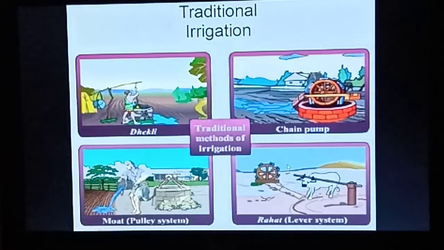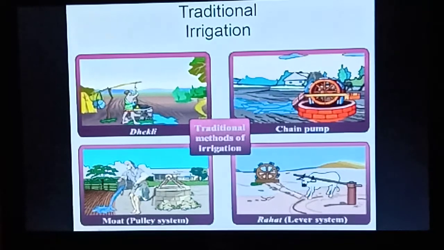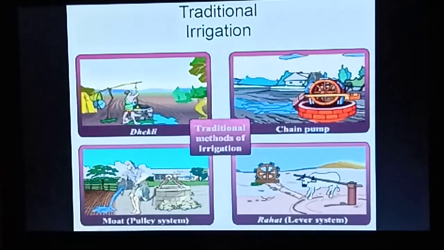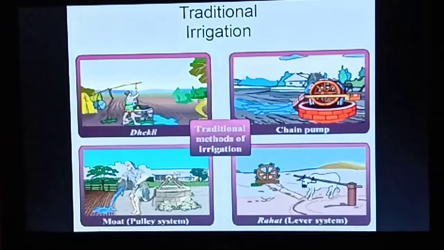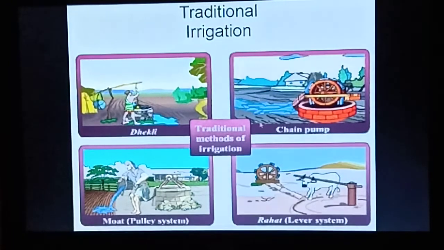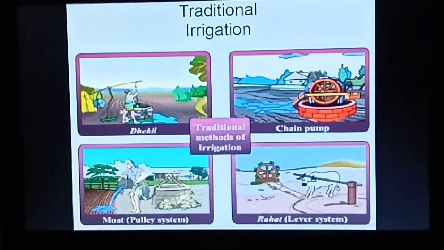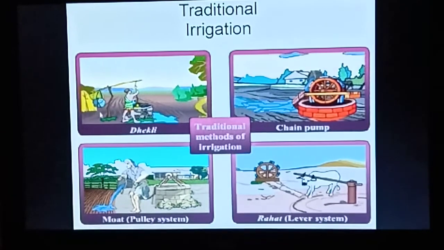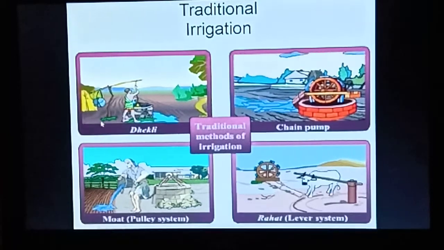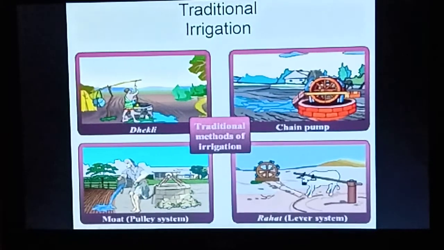I want to tell you that irrigation is the method through which we give water to plants to keep them alive. Some of the traditional methods of irrigation I want to tell you about are the dhikli. In this dhikli, one man puts a stone on this side. You can see this stone is on this side, and this man is taking out the bucket, and the stone is also helping the bucket come up. So this man slowly pours the water here and then dips the bucket again.